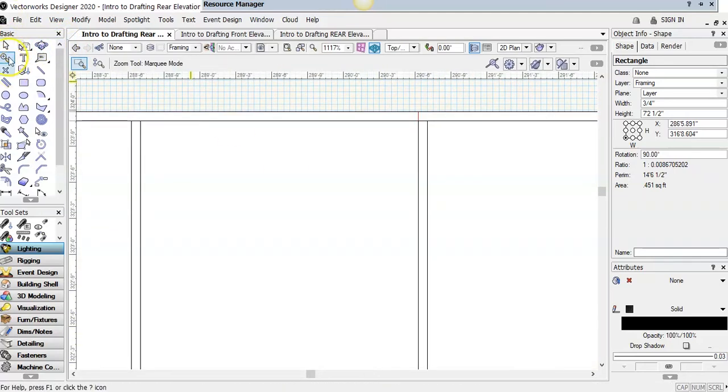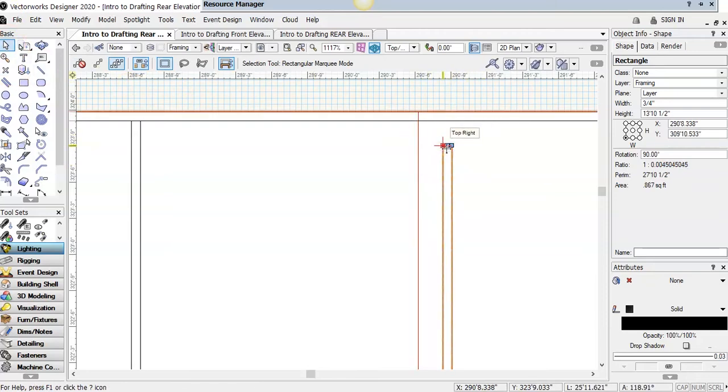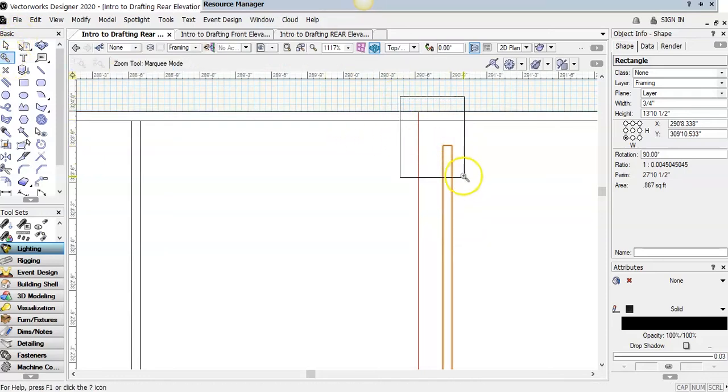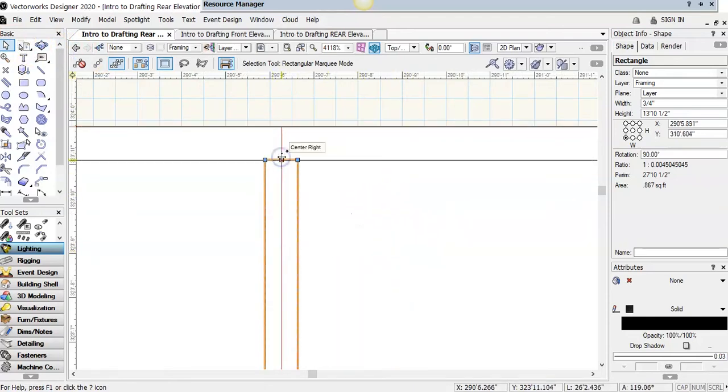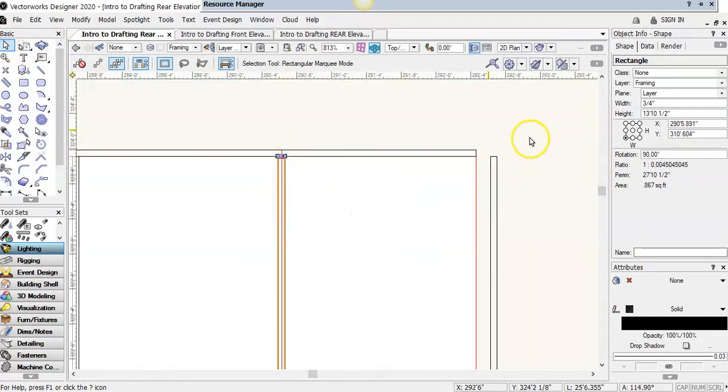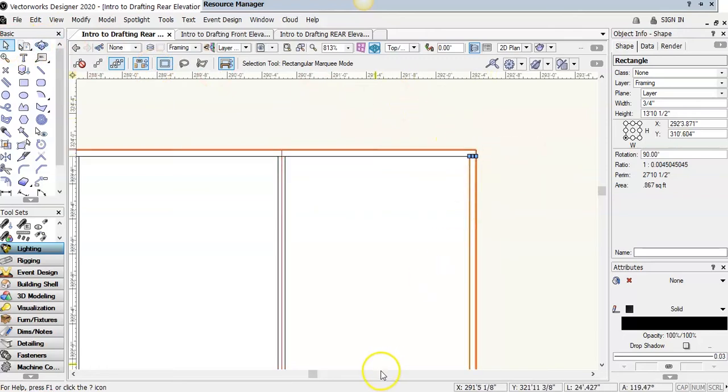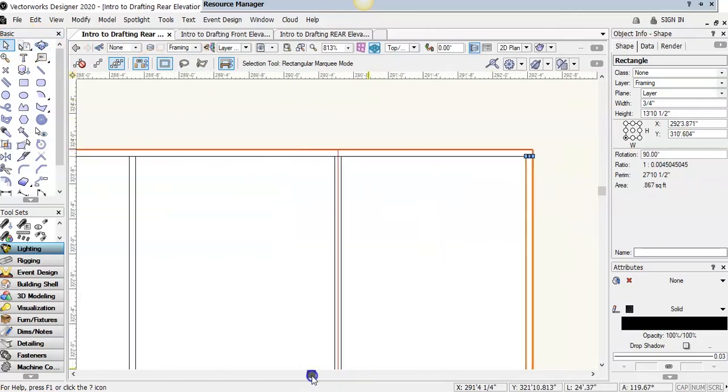Okay, we got one right here. Okay, top. It is not liking that top center. You just got to zoom in and grab it. And let's see, that's there. Now what we're going to do is we're just going to move this guy over. And I'm just going to scroll across and make sure